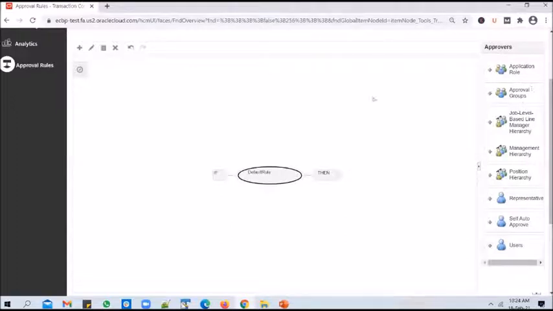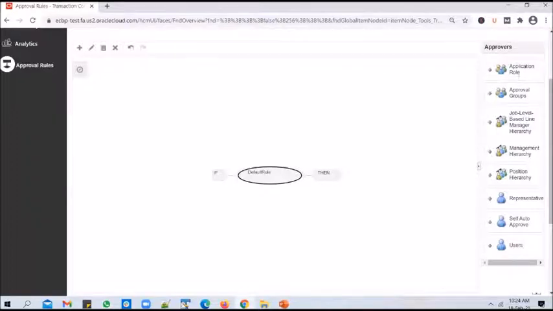And you've got approval groups as well. For example, when a particular condition is met, you want the transaction to go to an approval group, and all the participants in the approval group need to approve it. If you have a group of participants who need to approve a transaction, you can create an approval group with those participants, and you can use those approval groups in the rules here. The prerequisite is that you need to create an approval group first, and only then can you use it as an approver here. We'll go through that process in a while.